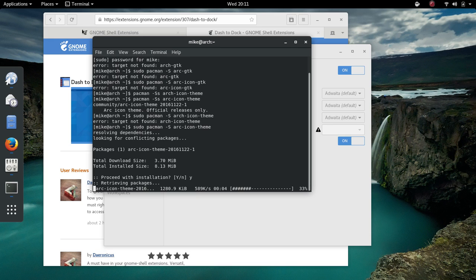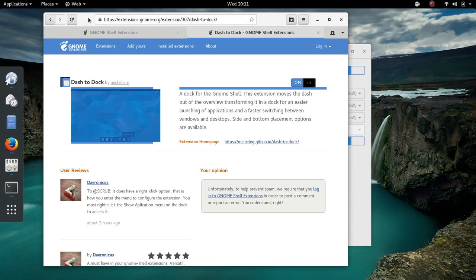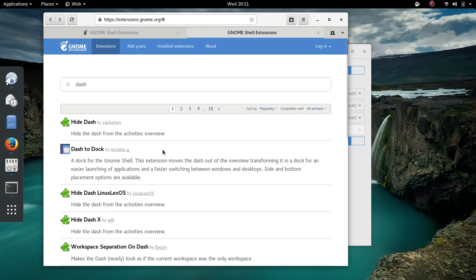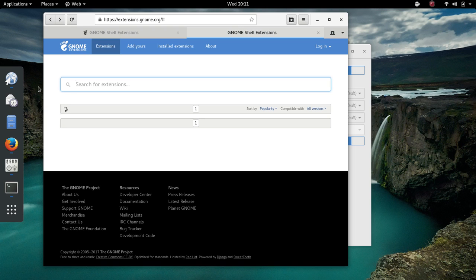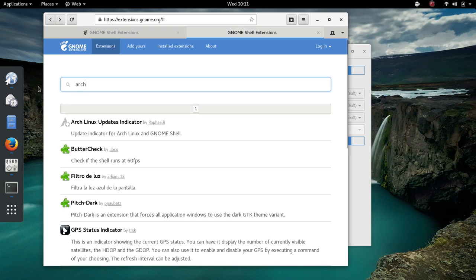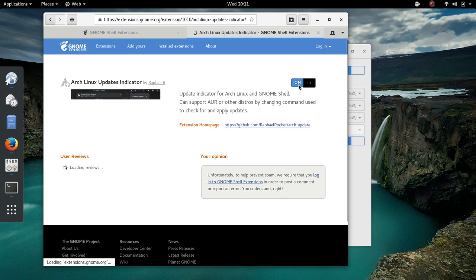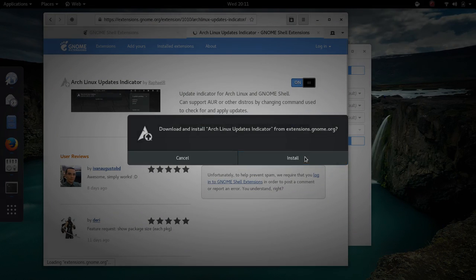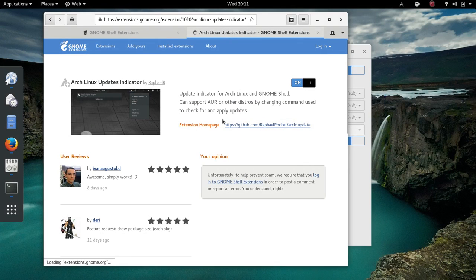While this downloads, there is one extension that I have not tried, but I'm curious about. Someone came up with an Arch Linux updater indicator, so I'm going to test this out just for fun. I, again, don't use Gnome on a daily basis, but I can still tell you guys how to make this look interesting. So as you can see, it's up here,